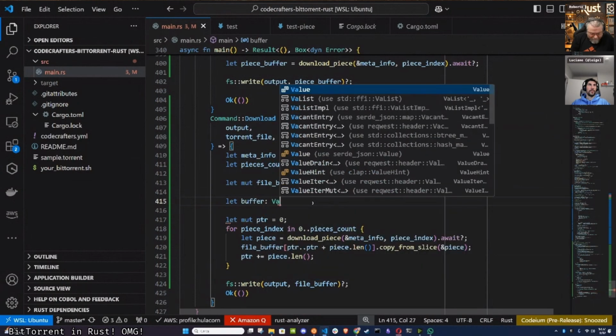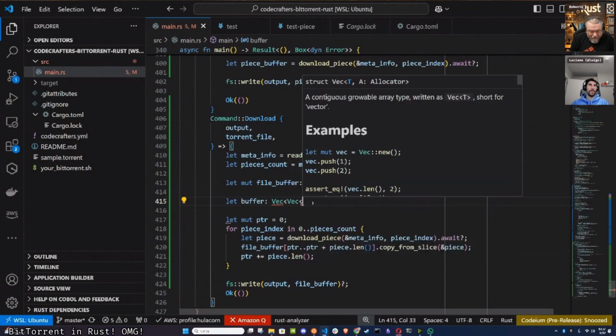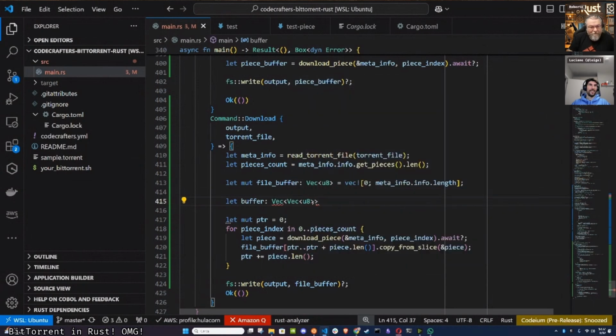That is going to be a vector of some vectors of bytes, of U8, and every vector of U8 will be an option, something that comes from our download piece function. And we have to populate this vector in parallel, because I don't know, does it use threads or just a main loop? It uses both,